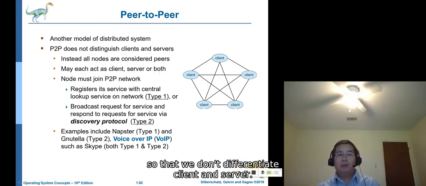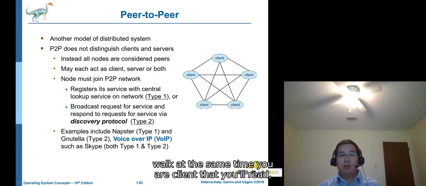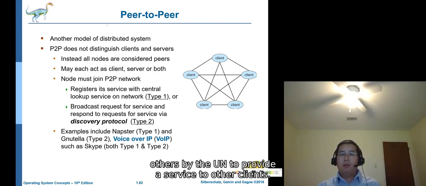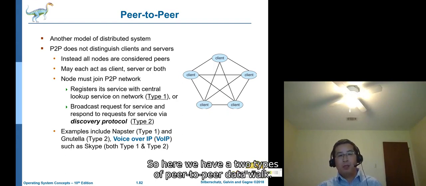We don't differentiate client and server. That's why in P2P they're the same. Sometimes you are a client, you want to request service from others, but you also provide service to other clients. That means you are working as both client and server. Okay? So here we have two types of P2P network.